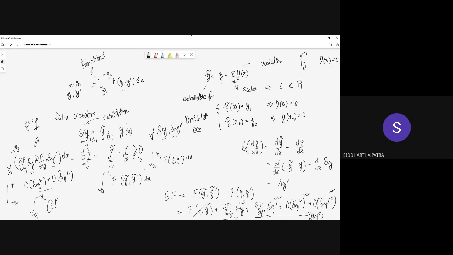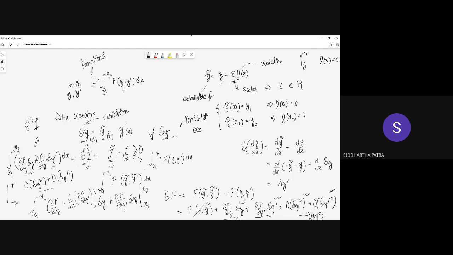And then we would argue that the most significant term over here in this expression is a linear term, and depending on the sign of delta y, actually the delta y prime at this point would not matter, because you would integrate by parts, and we would have del f del y minus d/dx of del f del y prime times delta y plus the boundary conditions, which are del f del y prime times delta y between x1 and x2.